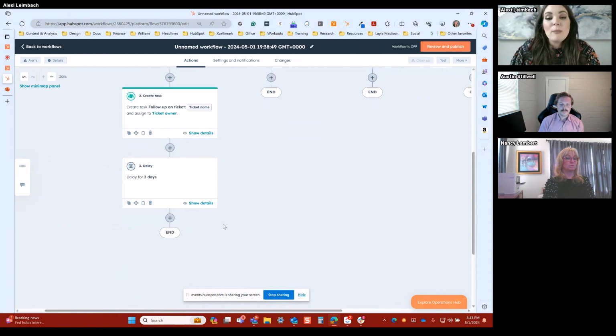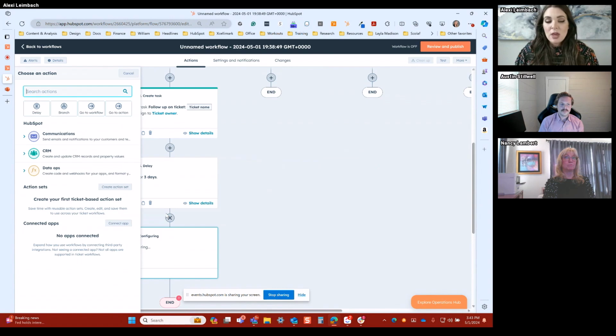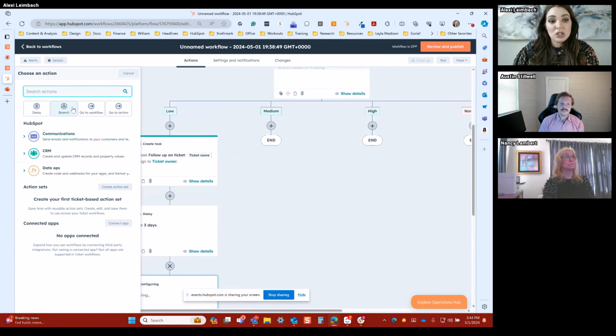We're going to do one more branch within the branch. We want HubSpot to check whether this ticket is opened or closed. Because if it's open, we want to send an email notification to them being like, what's going on? If it's closed, that's perfect. We don't need to do anything else. So once again, HubSpot's managing this for you. So what we're going to do is, based off of the ticket status, we're going to do a branch.